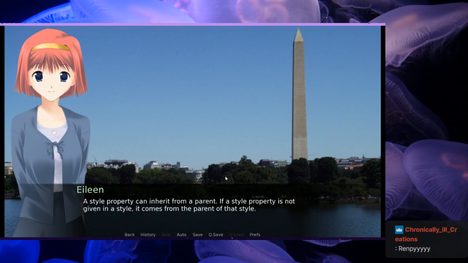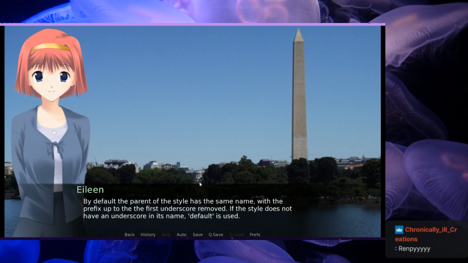A style property can inherit from a parent. If a style property is not given in a style, it comes from the parent of that style. By default, the parent of the style has the same name, with the prefix up to the...